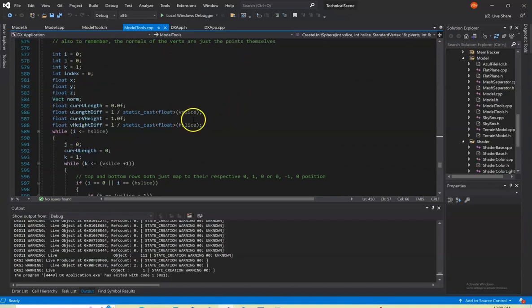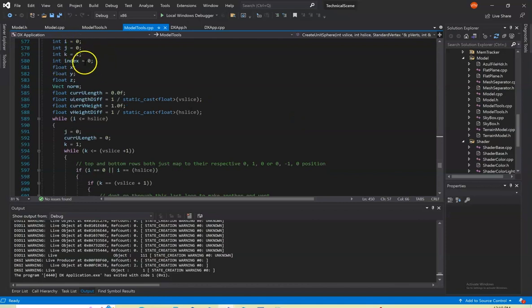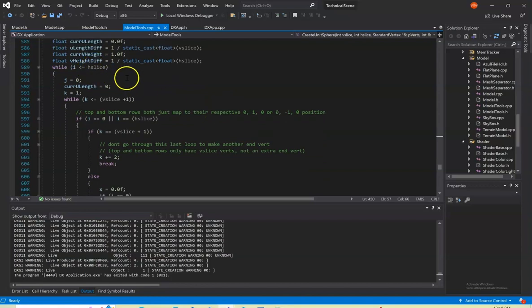I have a lot of variables here to help me keep track of everything in there. What index we're on, for example, the x, y, and z point, normalized vector, the current u position, the current v position, and then the incremental u distance and the incremental v distance for the UV maps based on how many slices there are vertically and horizontally. And then we kind of just go row by row, column by column